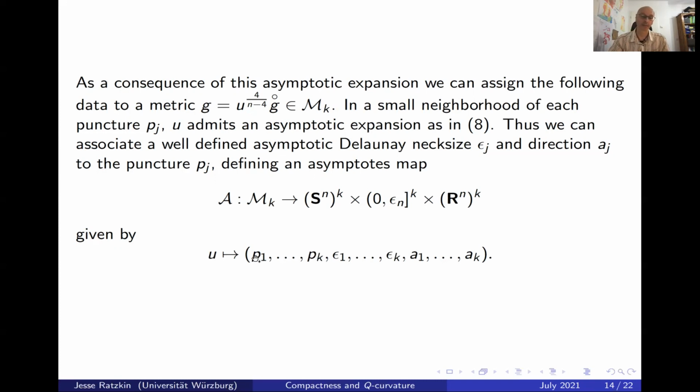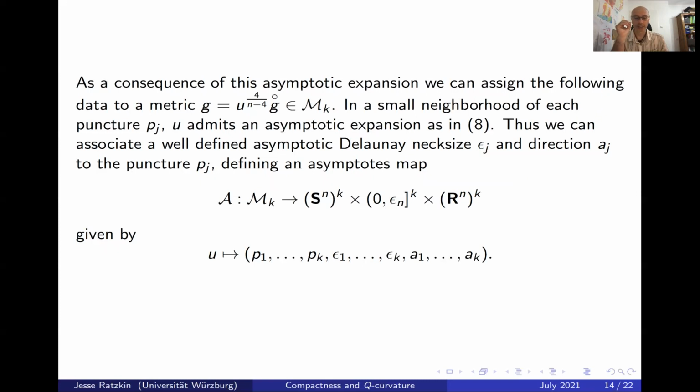So I can describe, first of all, at which points these punctures take place. Next, for each of the punctures, I can describe the Delaunay asymptote, epsilon 1 through epsilon k, and finally,